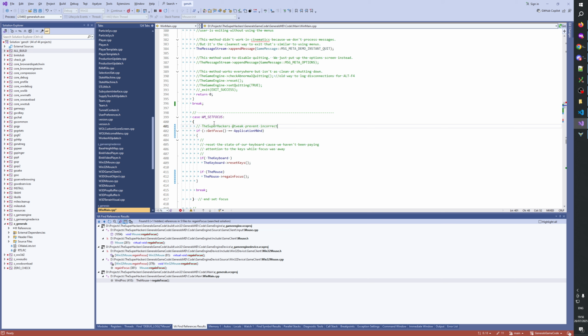Prevent incorrect set focus events from... verify that the focus event belongs to this window.